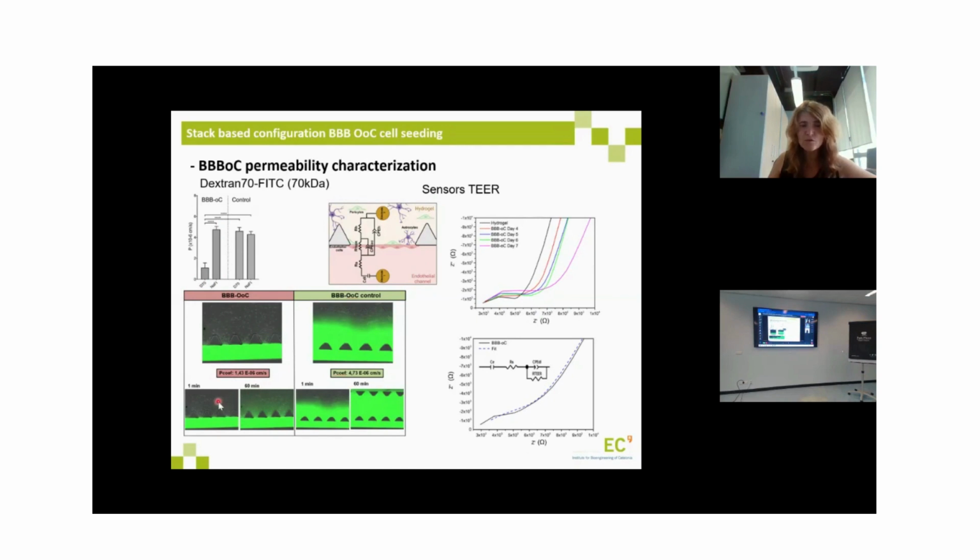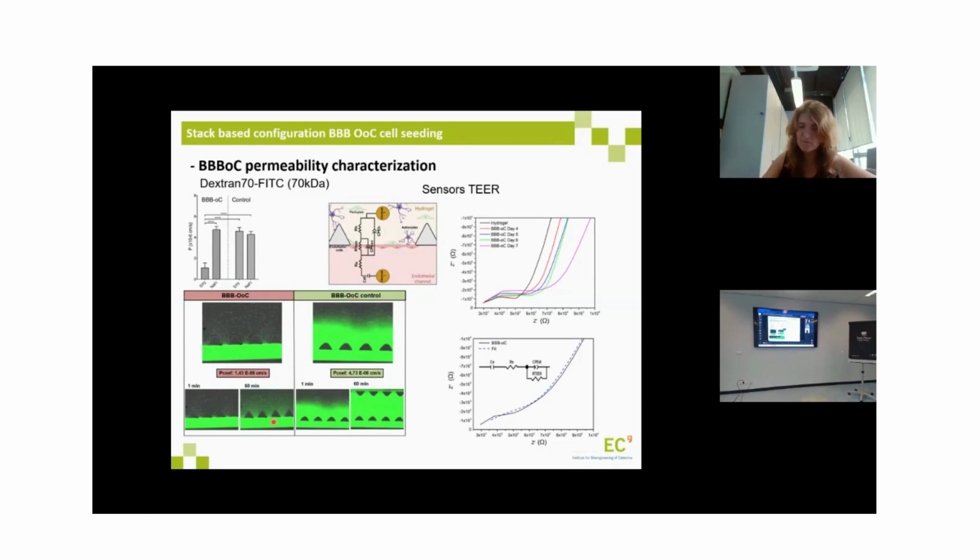And with this analysis, we can calculate the values of permeability, which are quite good compared with other reported works in this area. And also we have a control without the endothelial barrier that is permeating. In just 1 minute we can see high permeation. So you can appreciate that the endothelial barrier is working and is blocking the big fluorescent molecules such as the